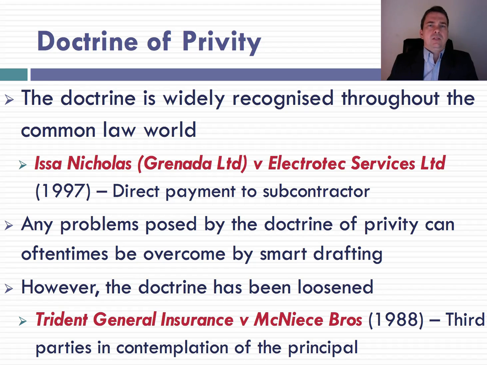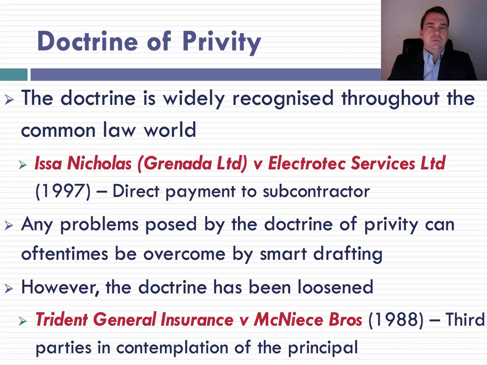Now, this involves something called agency, which we'll come back to later, where someone acts as someone's agent, and that then allows the third party to sue in certain circumstances. We'll come back to that later. But generally, let's just note that the doctrine of privity is not stubborn in the sense that it cannot be overcome. By clever drafting, by thinking about it beforehand, we are able to overcome it. Just as, for instance, when we talked about acceptance and the postal rule, and many people think that's unfair. Well, the postal rule is what it is, but it is easily overcome by drafting your contract appropriately.